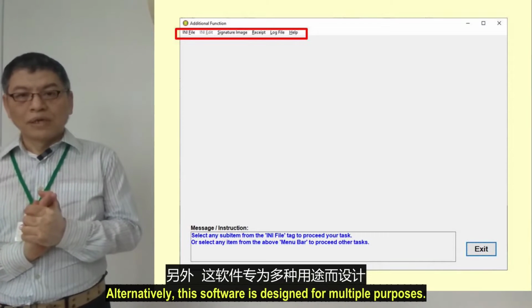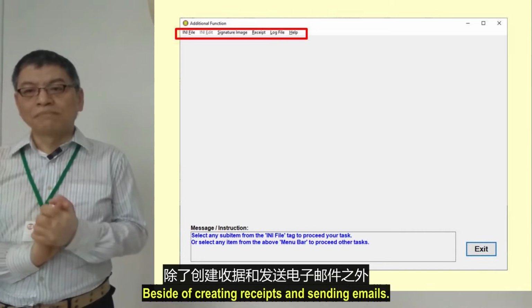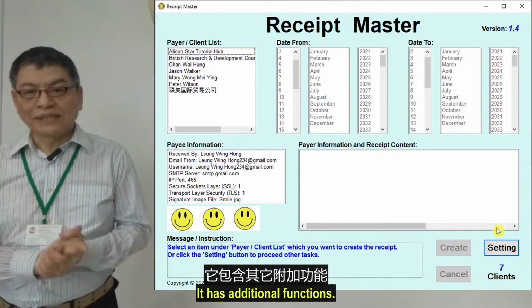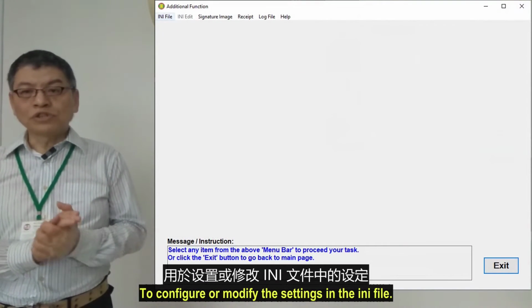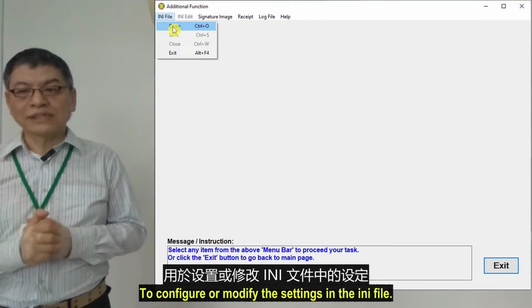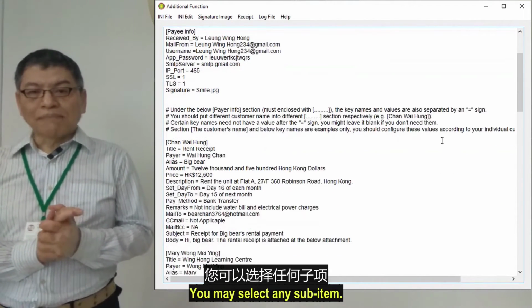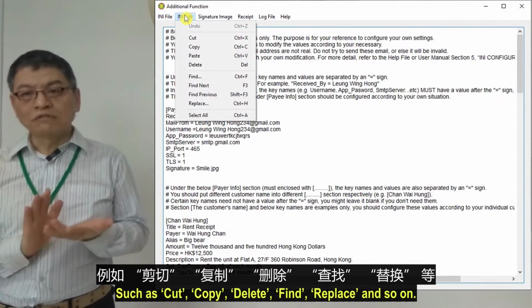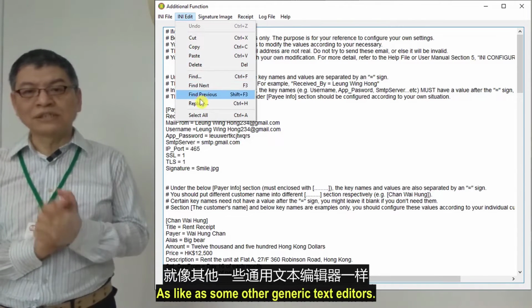Also, this software is designed for multiple purposes, to handle different tasks besides creating receipts and sending email. It has additional functions such as a text editor for users to configure or modify the settings in any file. You may select any sub-item such as cut, copy, delete, find, replace, and so on, as in other generic text editors.